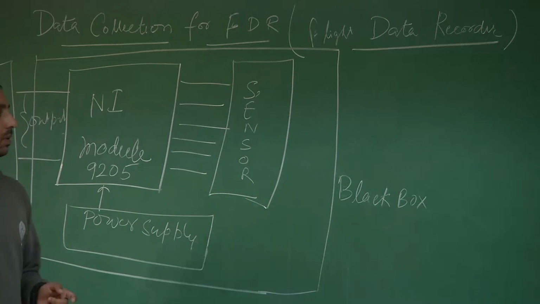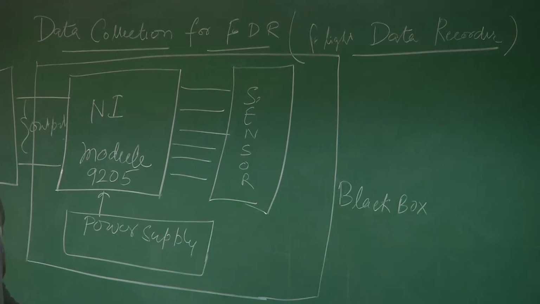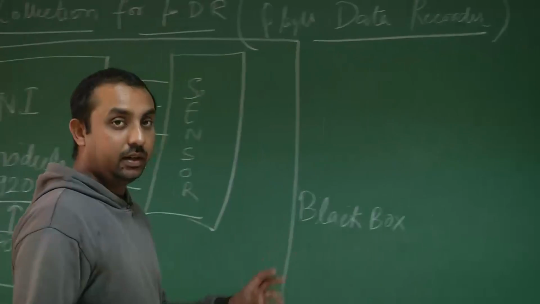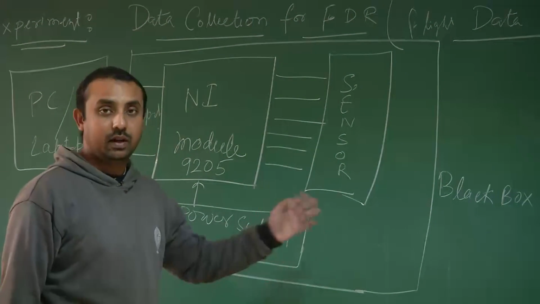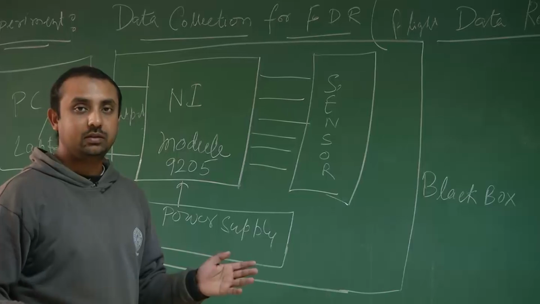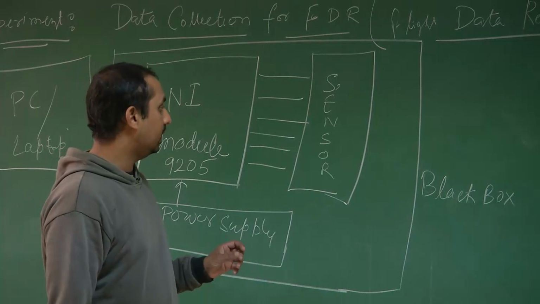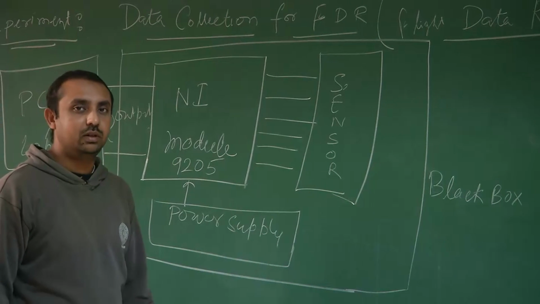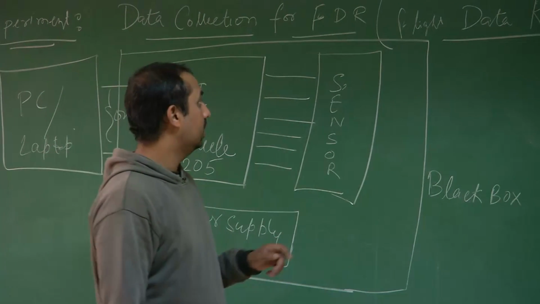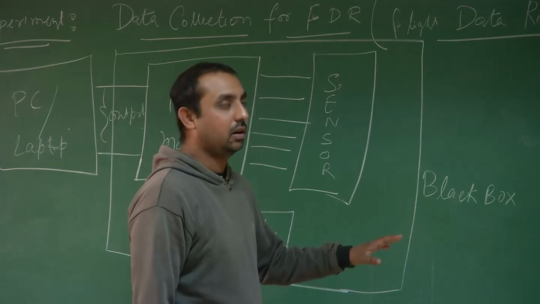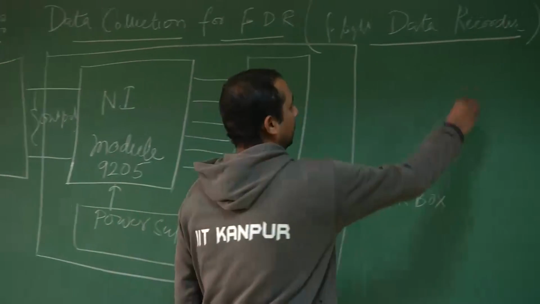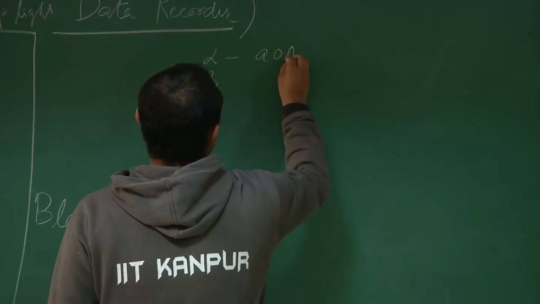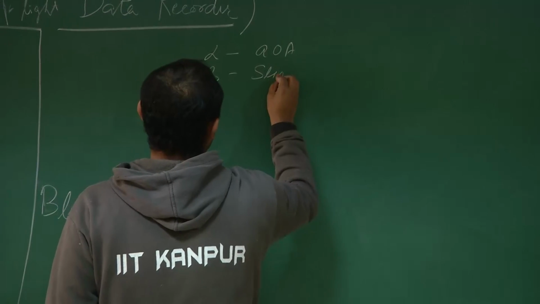Now, in earlier experiments we showed the deflection of control surface with respect to voltages. With the flight data recorder, we have to do the analysis of the whole aircraft. So it has to have much more data compared to the simple experiment you did for calibration of a control surface. The various data which we get from the flight data recorder are alpha, beta, that is angle of attack, side slip angle,